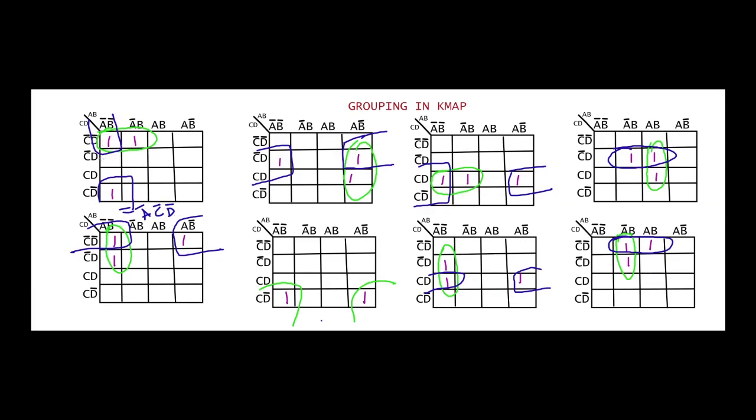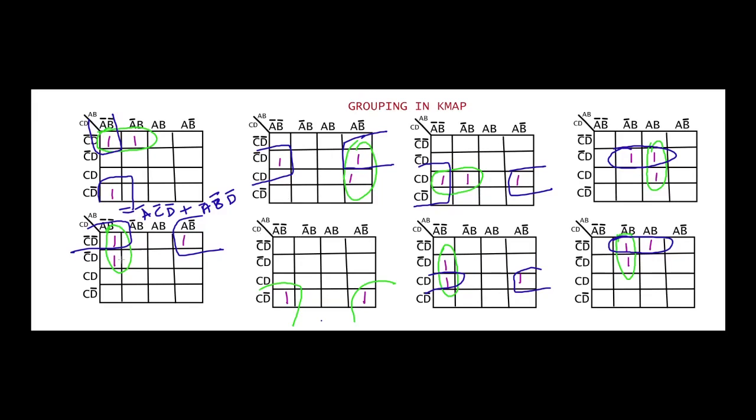Then the other minterm for the blue circle group: from both of these ones, A bar B bar is common, and here you have C bar D bar, C D bar. So D bar is common from here. So this will be D bar. This is the solution for this K map. So you need to group in this form. The other form you can group here. You have many ways over here. So you can try for one or two K maps, then you will have an idea how to group 2 ones.